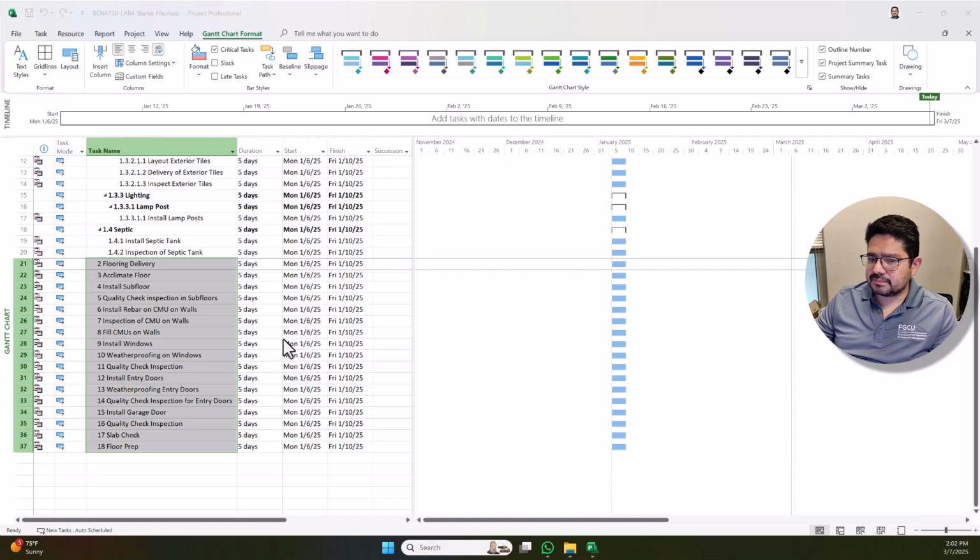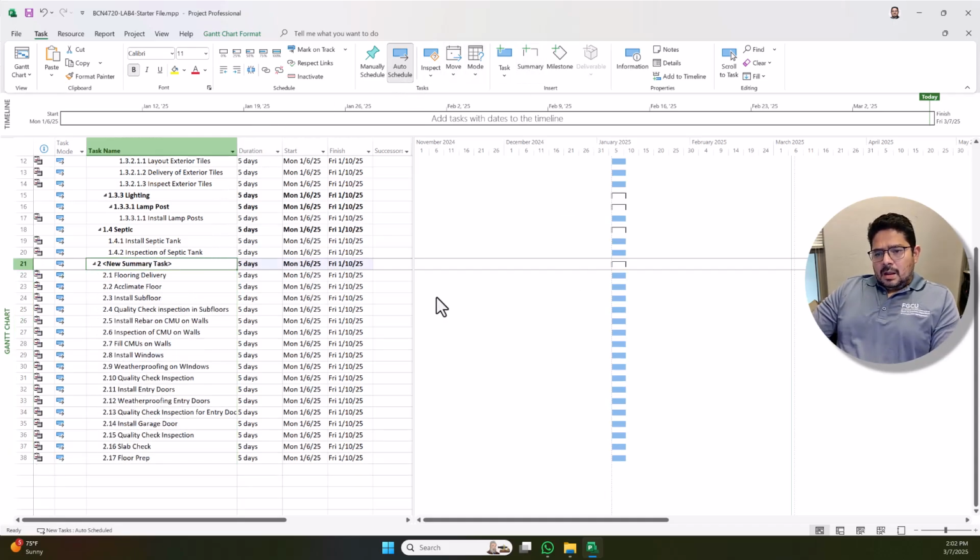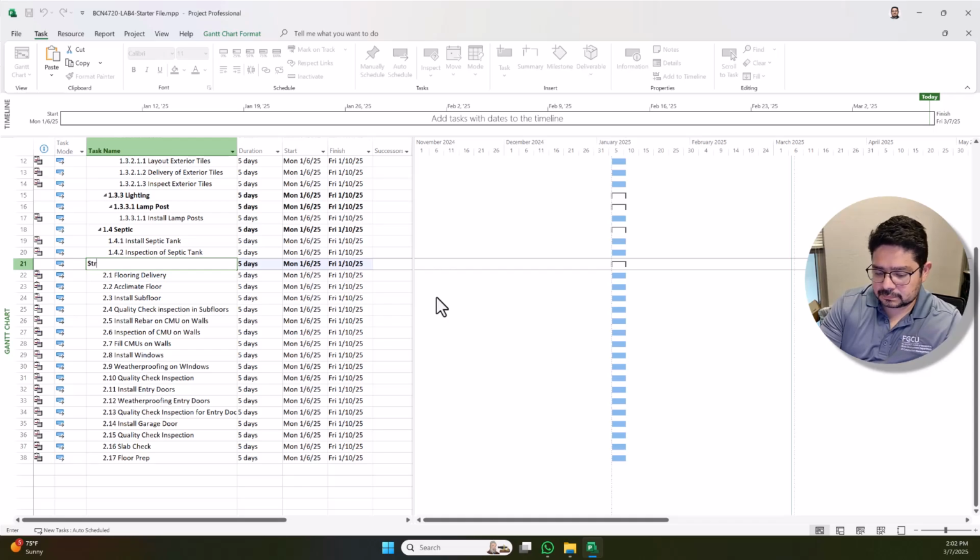Oh, but this is all not in the right position, but let's continue. Similar to what I did before, I'm going to define a summary task for the whole level. So it's going to be structure,